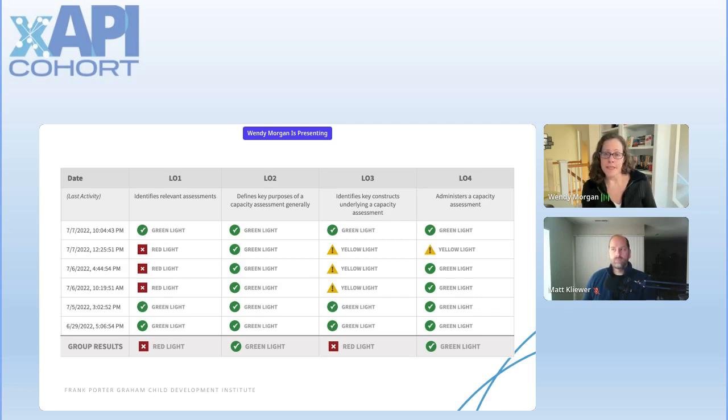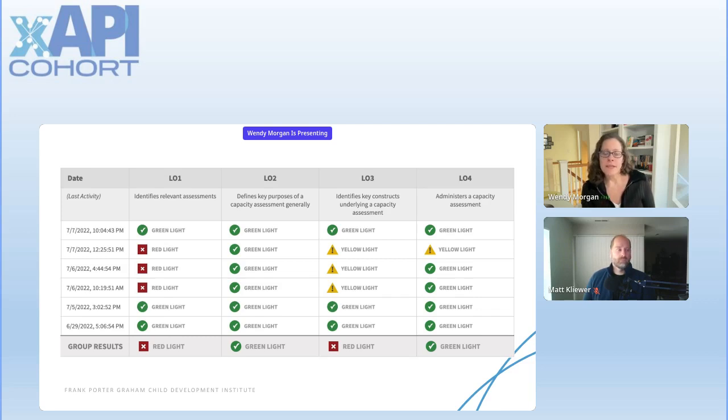I would give them this lesson as pre-work, and then I would see how they did through this lesson. And this tells me what I should focus on or maybe not focus on. It seems like they're doing pretty well at defining the key purposes of a capacity assessment. It seems like there's some pretty big variability in their ability to identify the relevant assessments.